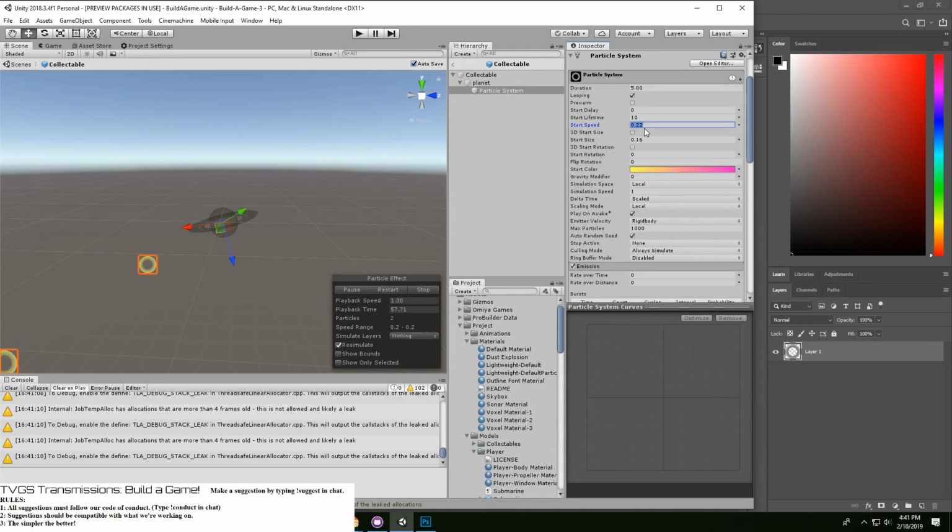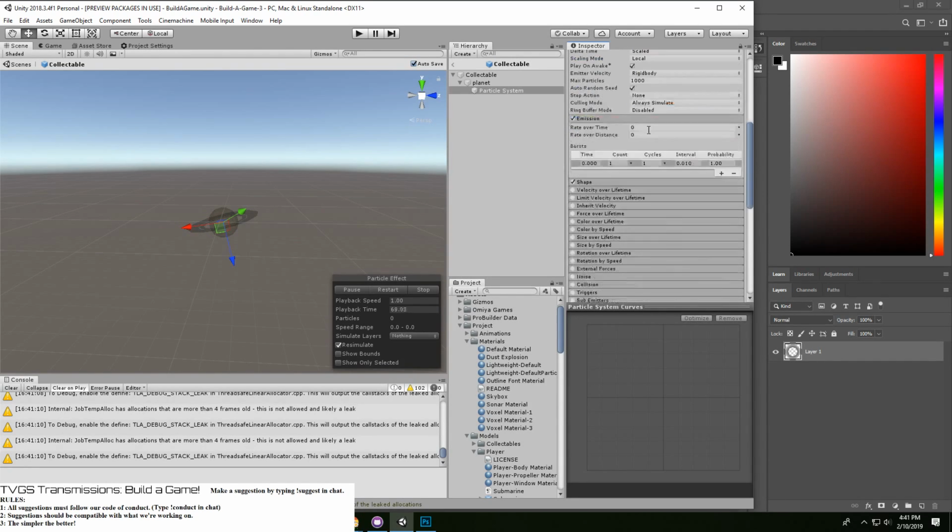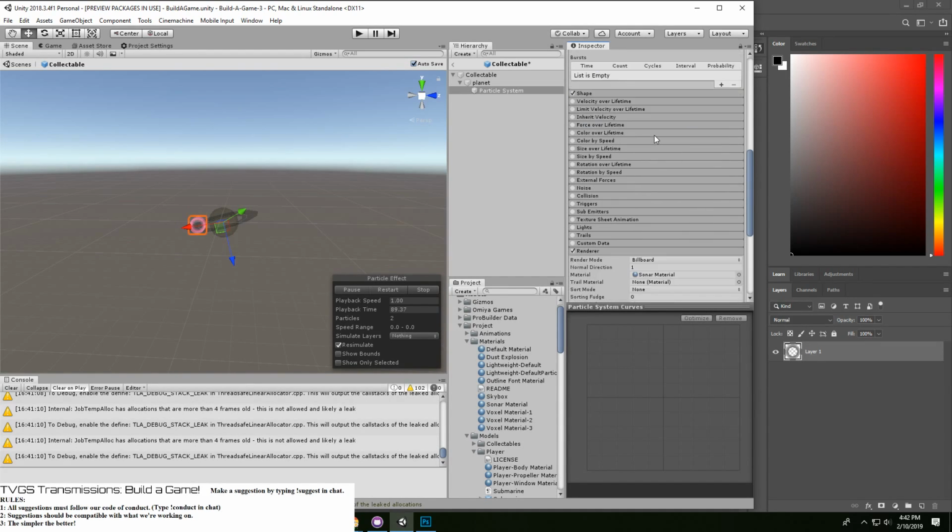Right now there's a speed attached. We don't want any speed to that. I chose that, but I think we might want to. Yeah, 2 seconds. And then the cycle is that. Starting to think we might want rate over time 1. Okay, that actually looks good.